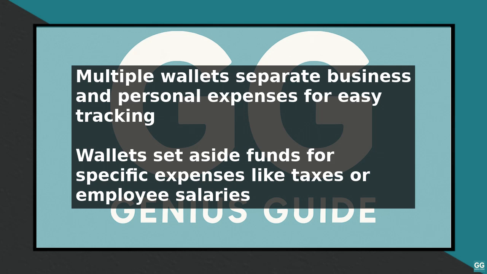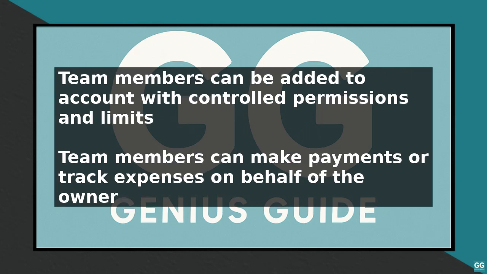In addition to these features, Revolut also offers a range of tools to help you track your expenses. You can upload receipts and invoices to your account, making it easier to keep track of your spending and claim expenses back. You can also set up automatic expense categorization, which allows Revolut to automatically categorize your transactions based on